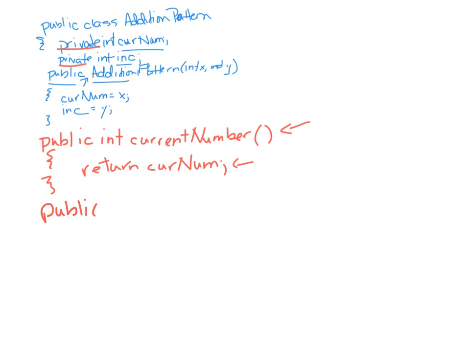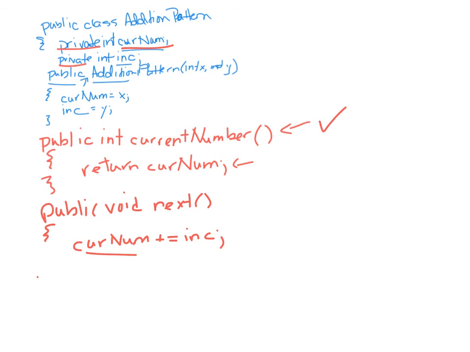The next ones are the previous and the next, I believe they're called. So public void. These only increment or decrement, so they don't return anything, no output, please. All it needs to do is add to the current number, and this changes the current number and keeps it accurate. When I call the getter, I don't have anything to do, it just returns what it is. And then the last one has the same method header,